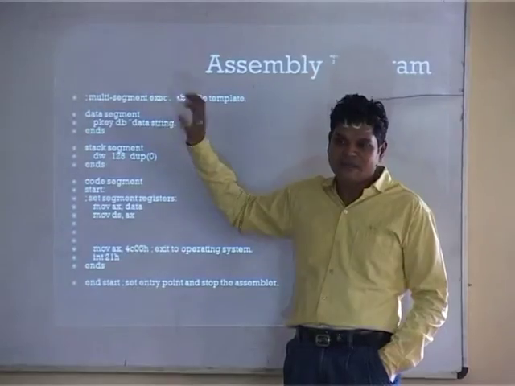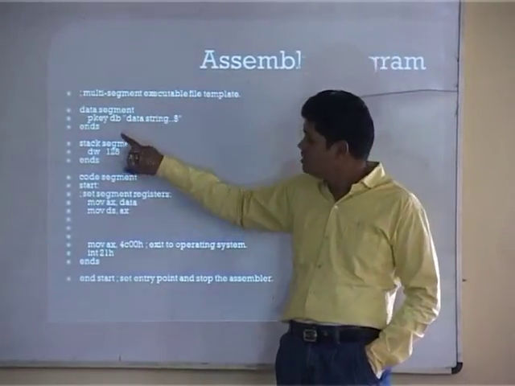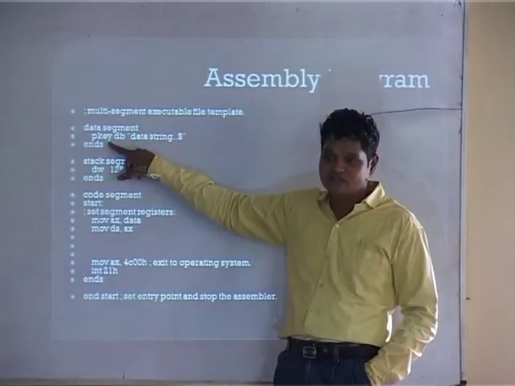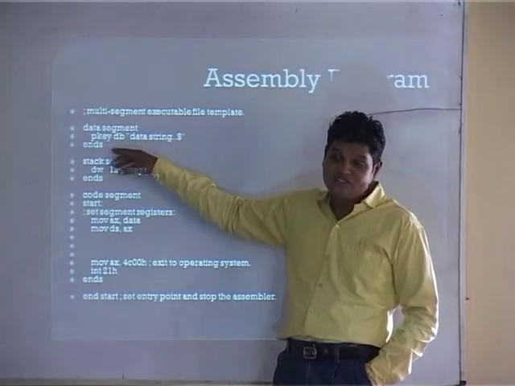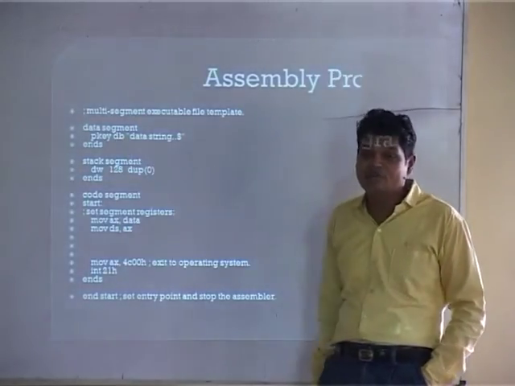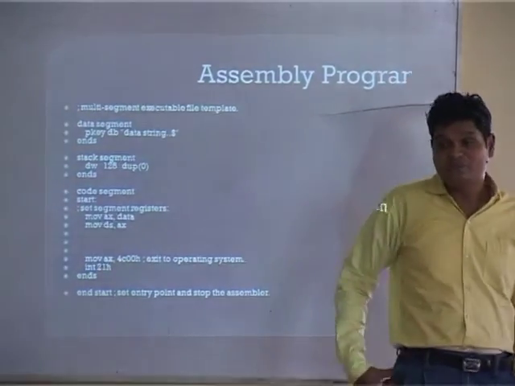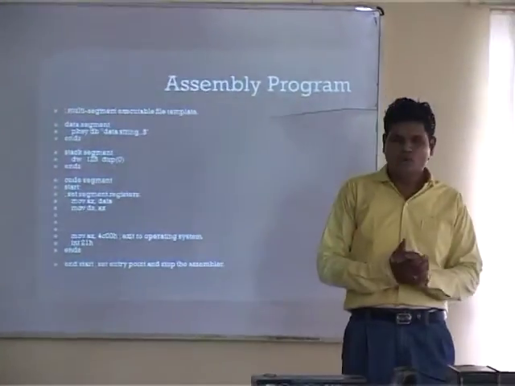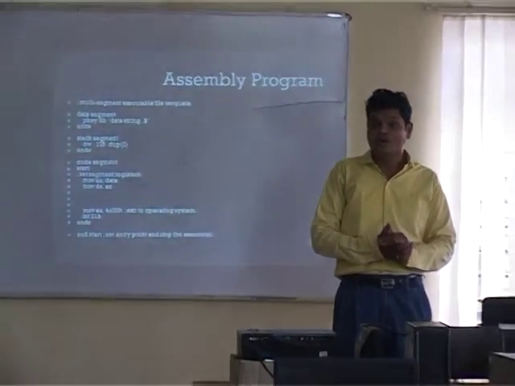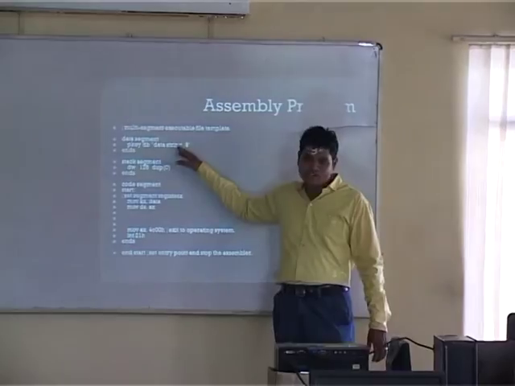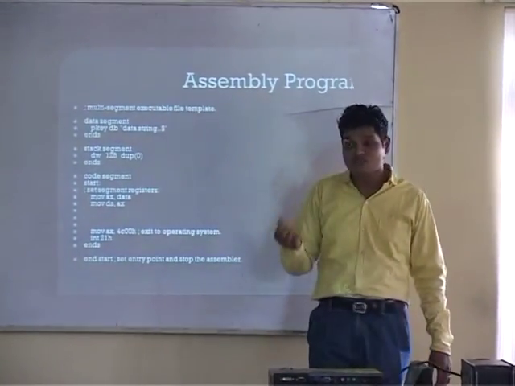Is it okay? Information is stored in binary. So PET is simply a data variable, obviously starting with an alphabet, alphanumeric string; it may have a special character also. DB means size, so you can provide the size. DB means byte. If I write DW, it will be word. DD means double word. There are more options: DT you can also take, or DQ, quad word. That is the only possibility. You can provide the information in terms of double quotation if it is a string. With no quotation, it is a value.